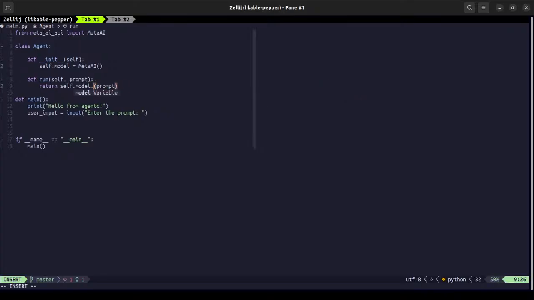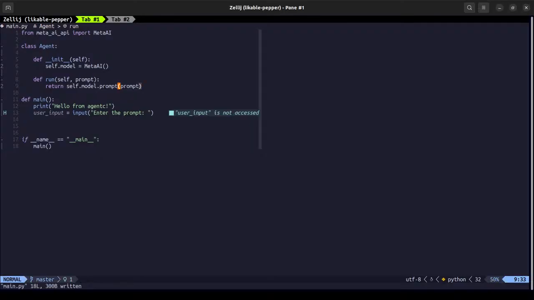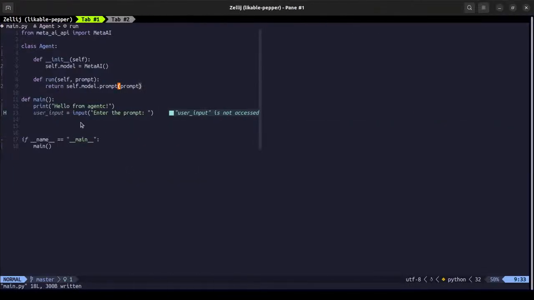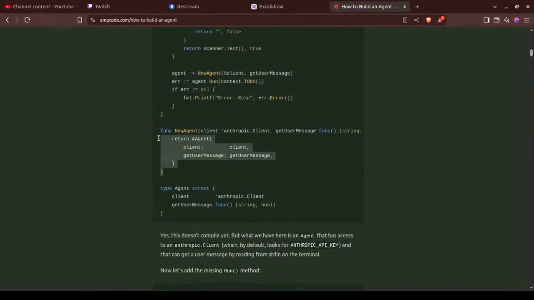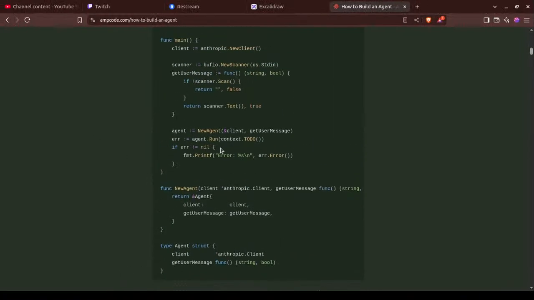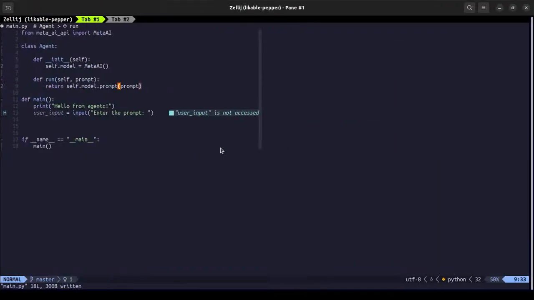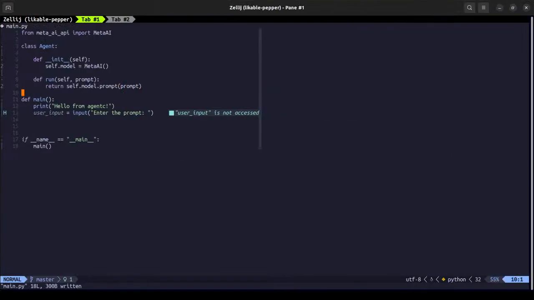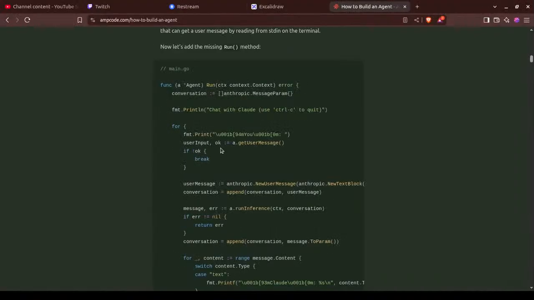Besides, this is not the self dot model, or this is self dot model dot prompt, right? Okay, maybe I don't think we need this other thing. Let's construct this run method, which is trying to get the user message.